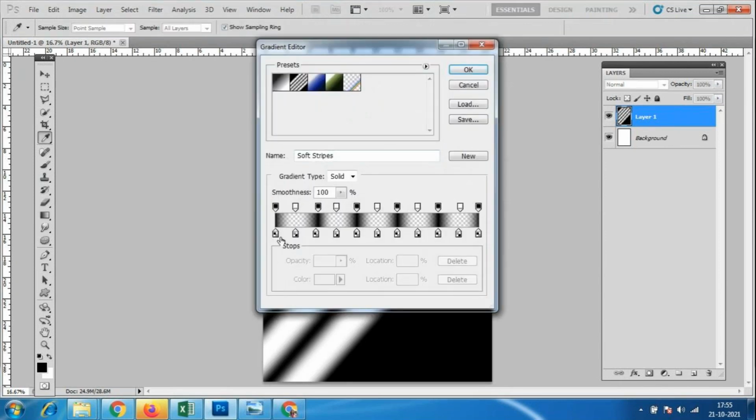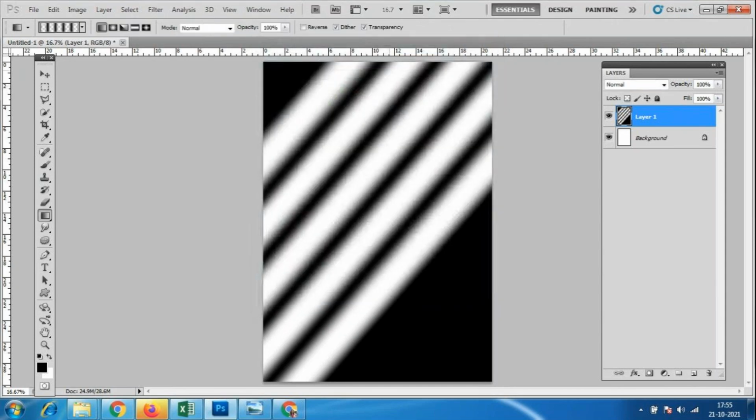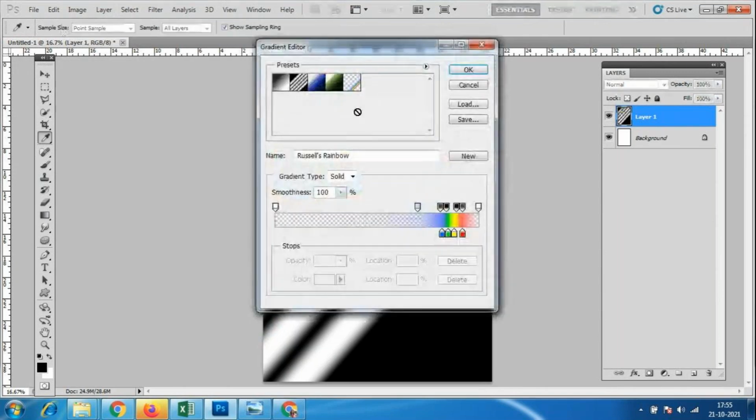In between we have the transparency options, so for this gradient only we can apply one more gradient because of the transparency. So I'll go to this one, the rainbow effect. In that same layer we can use this option. So I'll go to this circular gradient. This is only possible with the transparency option.